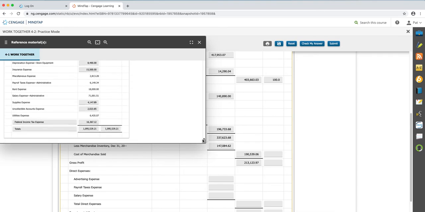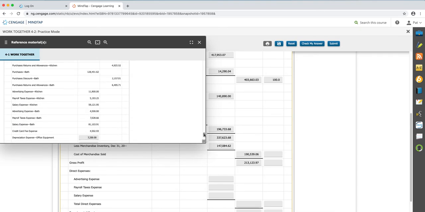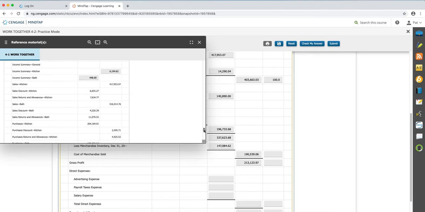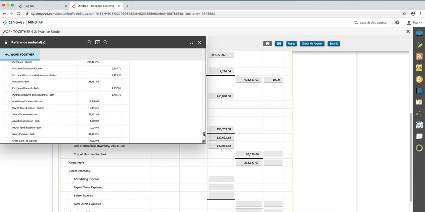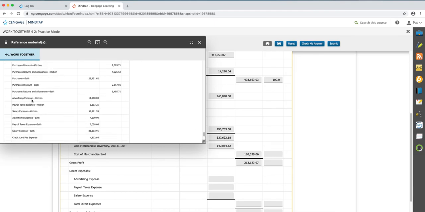which we gotta find, or did I pass them here? Because we're gonna get advertising expense. There we go. Advertising expense kitchen is gonna be one of them, and there's not many of them. Payroll tax expense kitchen and salary expense. So we list those three. Can you highlight them? No, that would have been nice. So we list